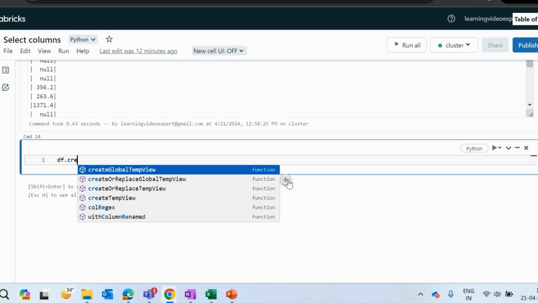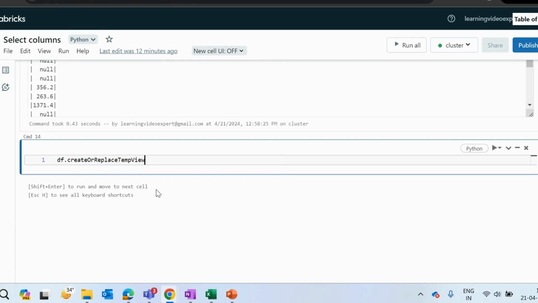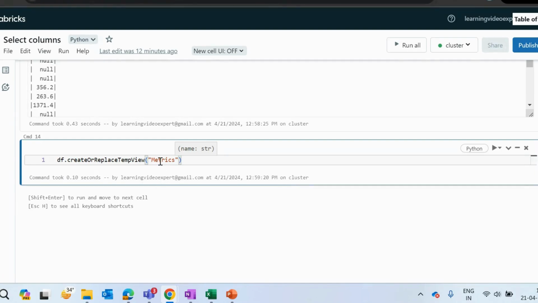There are multiple functions like createGlobalTempView and createOrReplaceGlobalTempView, which we will discuss in the coming videos. I will use createOrReplaceTempView, and inside that I will mention the name of my table, called metrics. Once I have this metrics ready, it has executed.